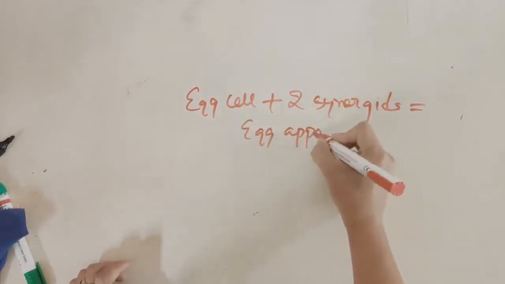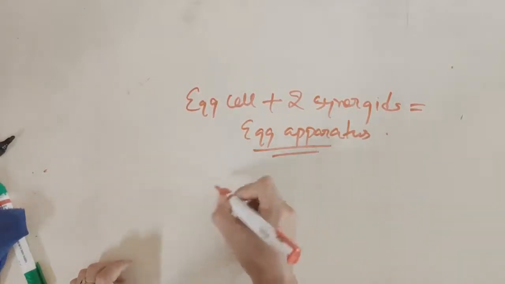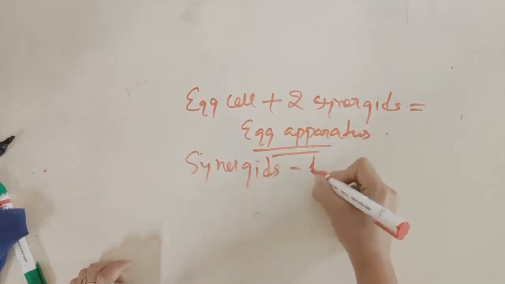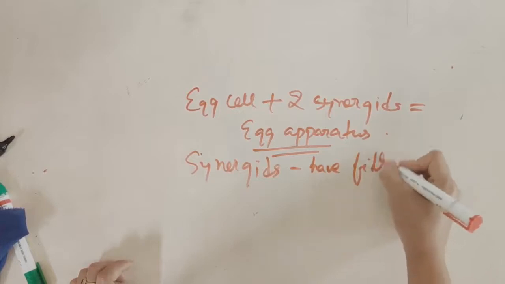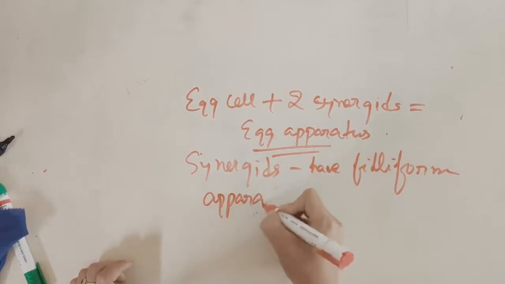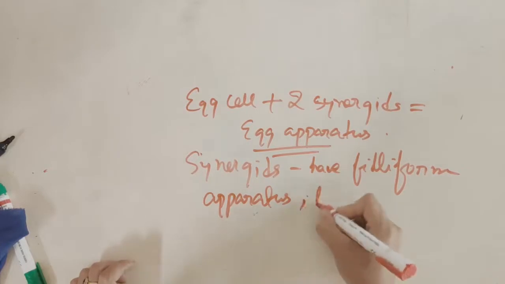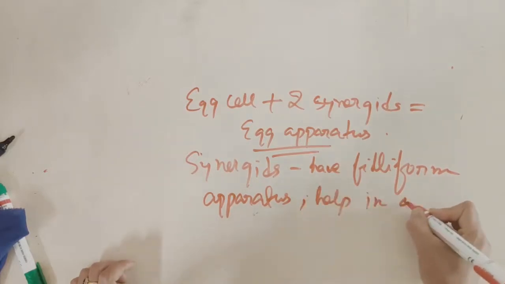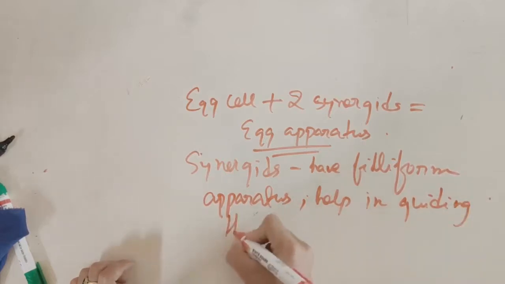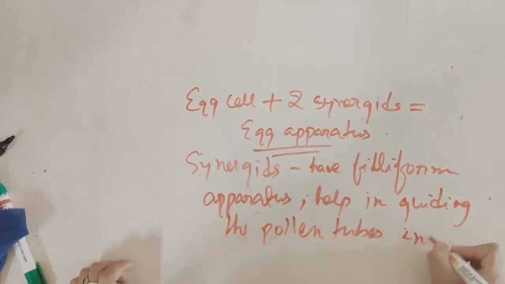The synergids have importance: they have filiform apparatus, the thickenings, finger-like projections, which help in guiding the pollen tubes into the